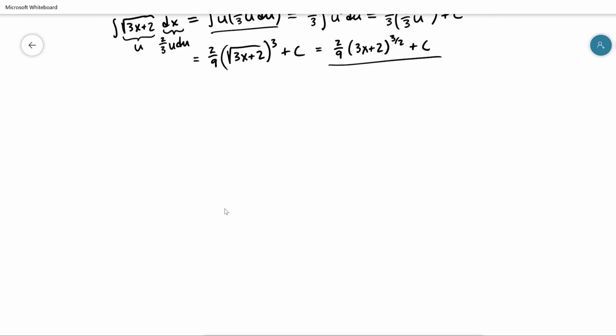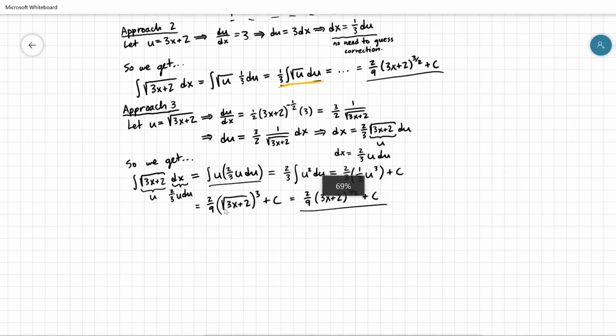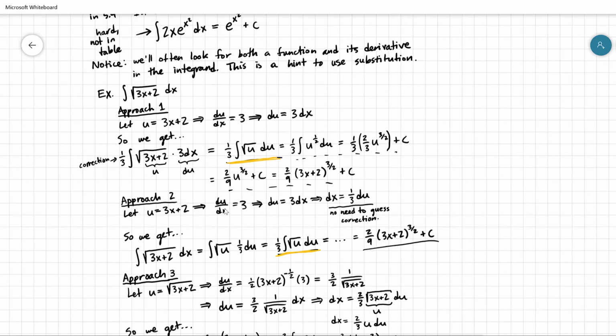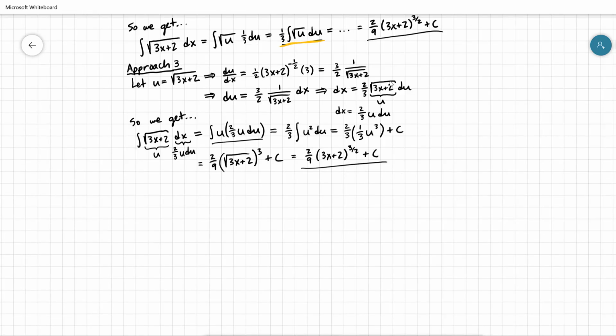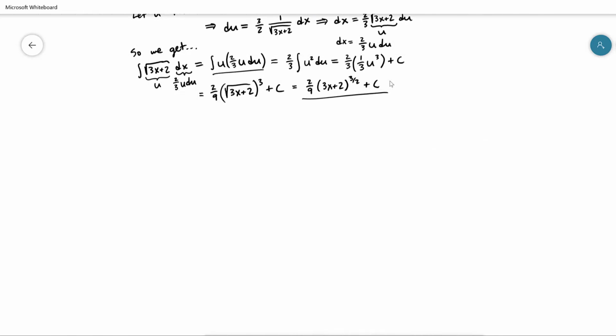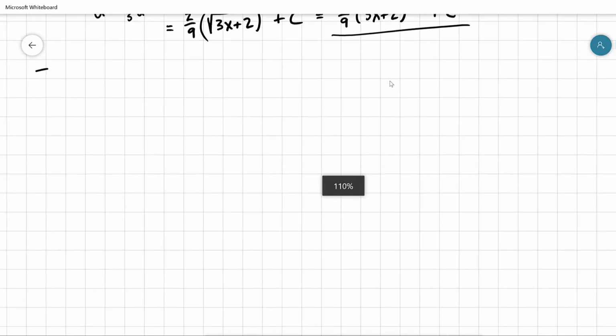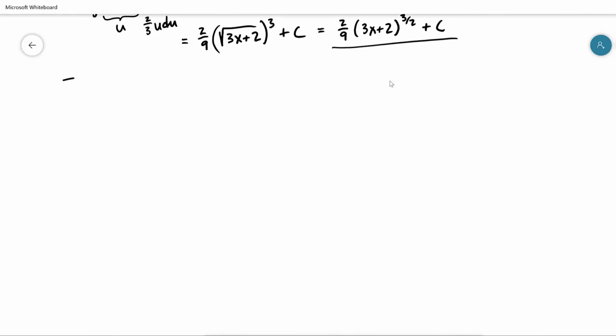I want to point out exactly what we're doing in all of this. So the approach that we've done, now that we've done a couple of examples and we've started to get a hang of it, I want to come back to this point I made here, that we're really looking for both a function and its derivative inside the integrand. And not all the cases are going to always have that, like this one here, but that's ultimately the thing that we're looking for. The reason for this is, it turns out, let me zoom back into close to 100%, there we go. So it turns out